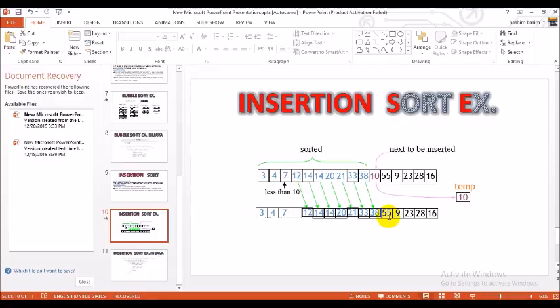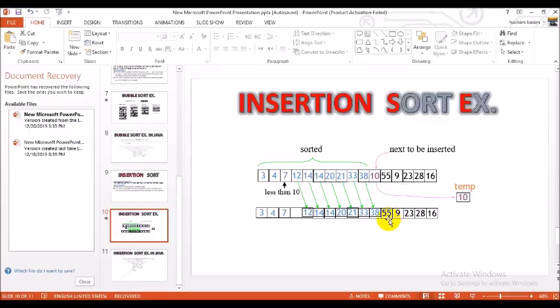I mean we will make a swap between 55 and 9. 55 is greater than 9, so we will make a swap between 9 and 55, and we will make a swap between all elements as we